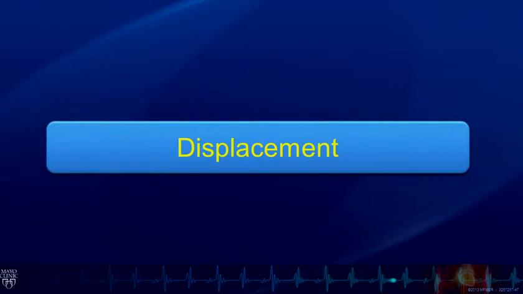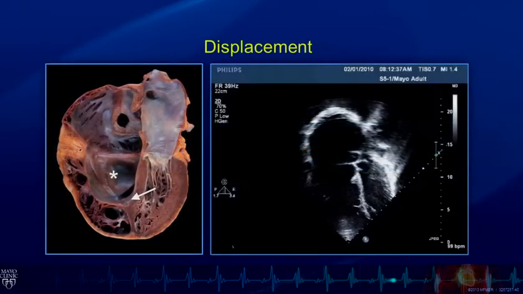The crux can also be displaced, as is demonstrated in Ebstein's anomaly. That's a perfect example of that. The pathology image on the left panel demonstrates the characteristic features. Apex down format. The arrow demonstrates the excessive apical displacement of the septal tricuspid leaflet. There's elongation and tethering of the anterior leaflet, making an area that's called the atrialized right ventricle, which is demonstrated